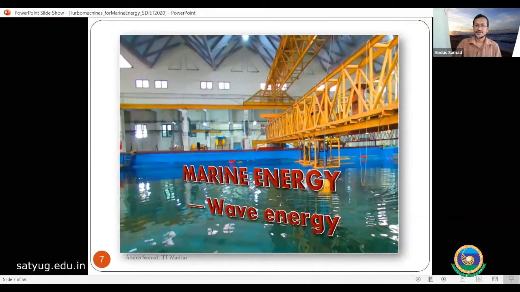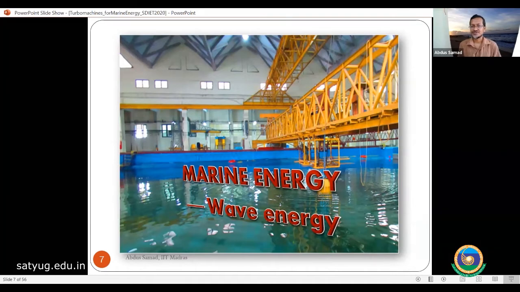So in this picture, you see the background. Actually, our Department of Ocean Engineering laboratory is called the wave basin. We can create artificial waves instead of going into the ocean. We can create waves and test our ships or offshore platforms or ocean energy systems. Whatever machinery or structure is there in the ocean, we can create a small model and test it. So if you visit Chennai, maybe you can visit our IIT Madras and see this big wave tank. It was developed almost 50 years back.